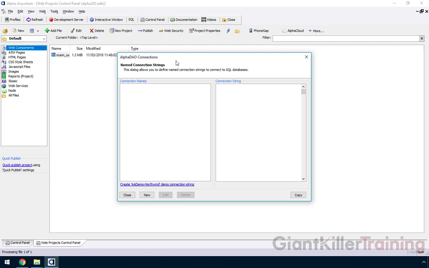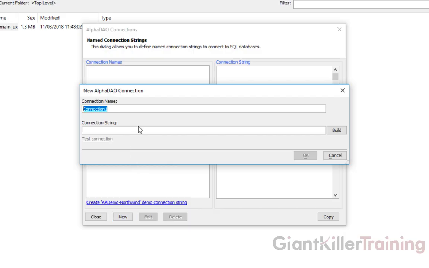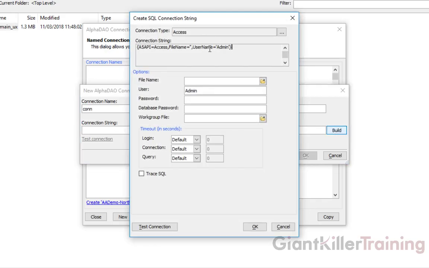And as you can see, it's empty. So let's go ahead and create our connection string that will be needed for the UX component to talk to the database. So let's click New. We're going to call that CONN. And then under the connection string, click Build. You'll see our default connection string type is Access, and we're using an Access database. So go to File Name,